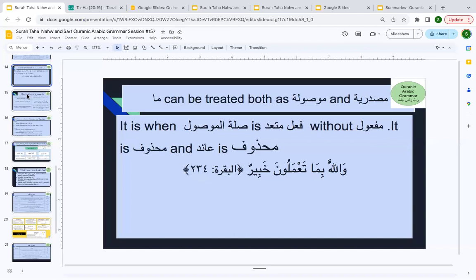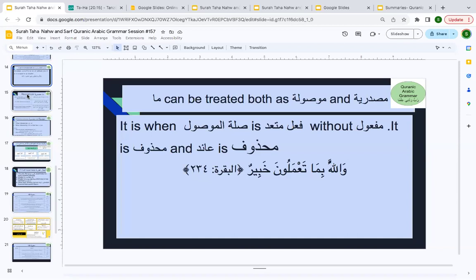One teacher is going to tell you this is mausula, and one is going to tell you masdariya, and both teachers are going to be right in most of the cases. There can be different ways how you label things. Zaida, you usually see after certain things. When you learn ma zaida, you have been taught, you mainly see it after adwatu shart, and there were other specific cases. Adwatu shart includes your in, right? So if you have any adwatu shart, you are going to see it there.